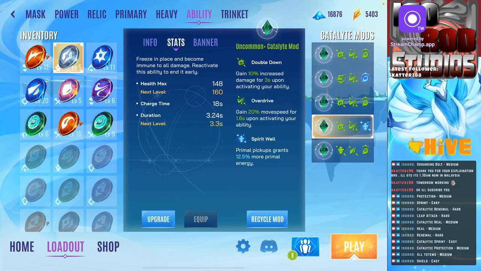Without it being able to reflect some damage back to a person, stasis has no purpose, really. It's always going to be a hard item to use. You can figure it out, but it is not easy to use. Protection, it's good, but